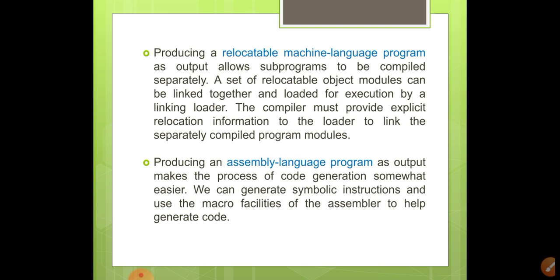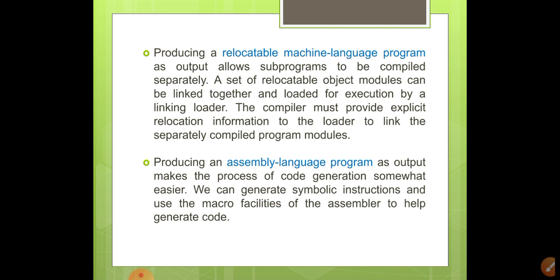And the last one is assembly language program. When we are producing the output as an assembly language program, the process is very easy because it consists of a variety of mnemonics and operands that we use as per the user view.